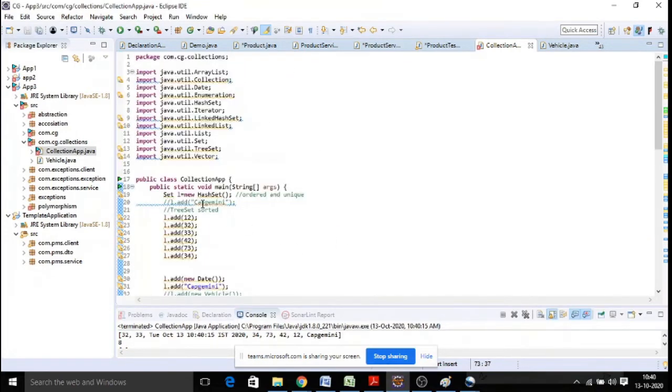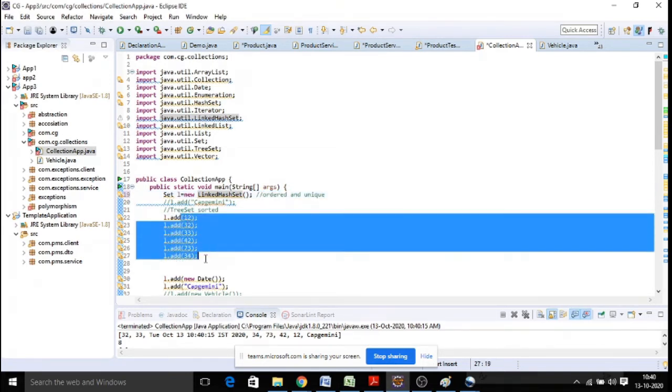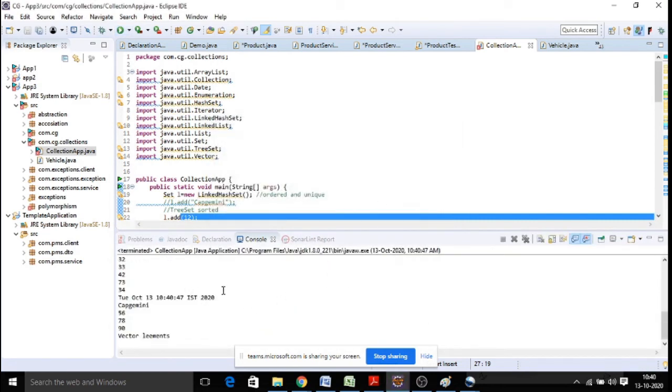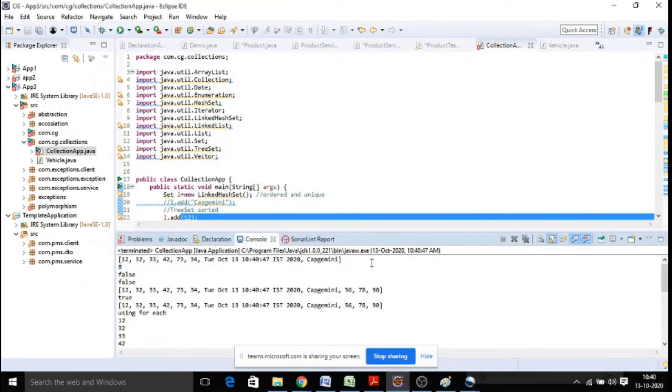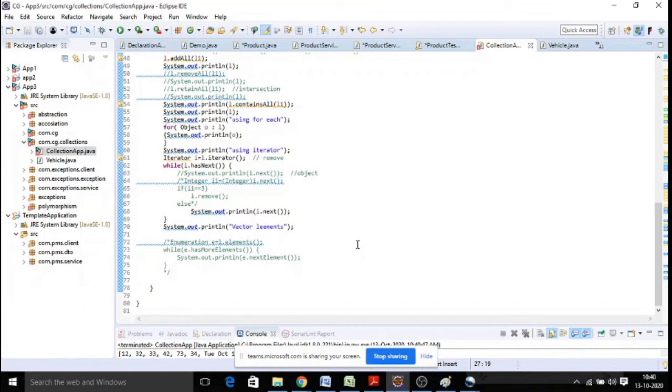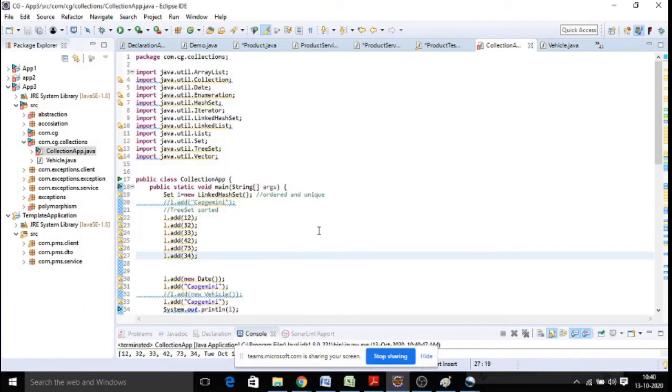And coming to the second type of set implementation, it is called linked hash set. Linked hash set is ordered, and again it is also a unique set of elements. The order in which you enter, the same order it is going to retain. The order we entered is 12, 32, 33, that is the order. Let us see the order now. So the same order it is going to retain, the order in which you enter. And the rest of the methods like iterator, is empty, check, clear, all those methods are very similar. Compared to hash set, linked hash set is slower but it can retain the order. Whenever orderedness is needed, we go with the linked hash set.